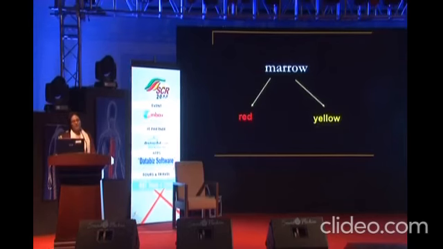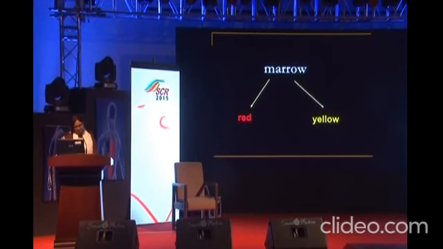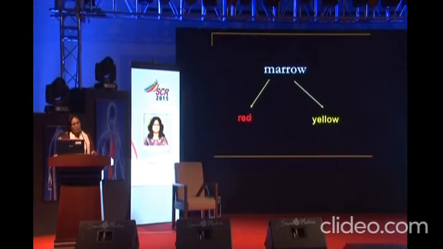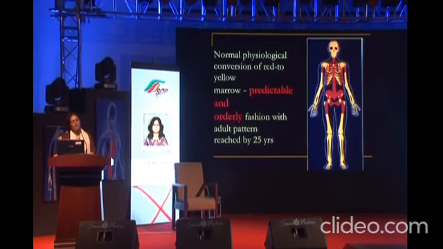So as we all know, marrow has two components. The red one, which is the hematopoietic, produces the red blood cells, white blood cells, and the platelet precursors. Then you have the yellow marrow, which has more fat within it and very few hematopoietic cells. On MR, the imaging reflects this. The yellow marrow looks like fat, while red marrow looks a little bit like water, not completely, but a bit like water.